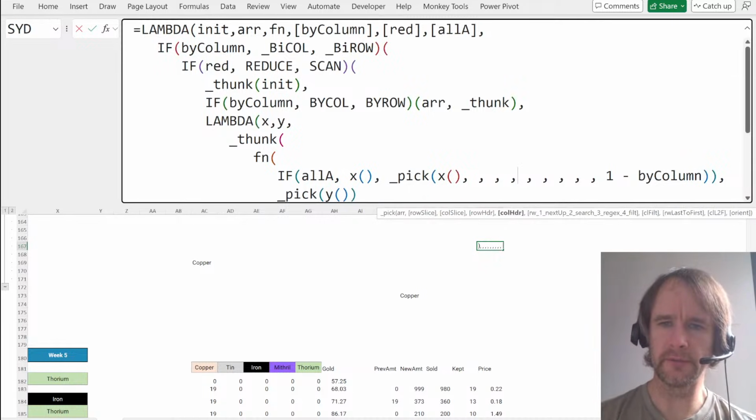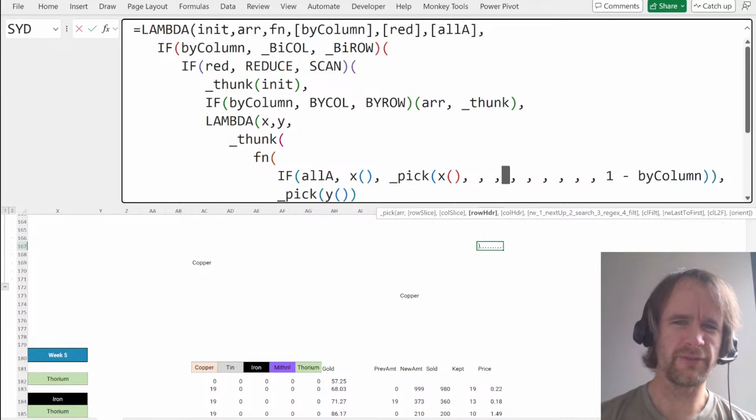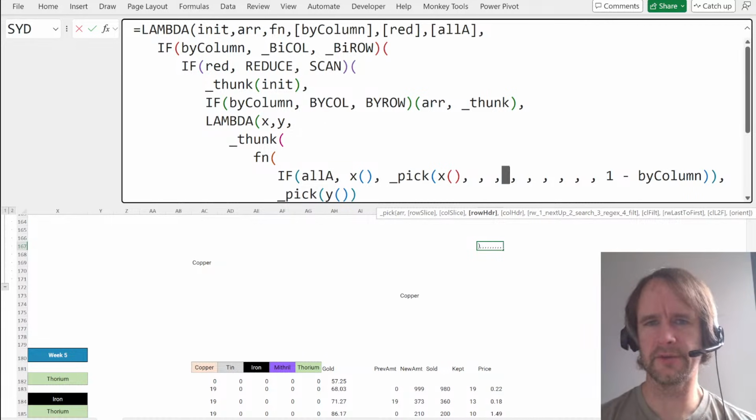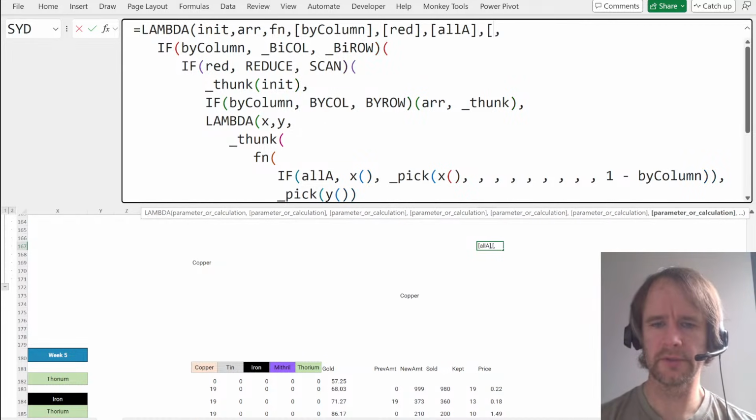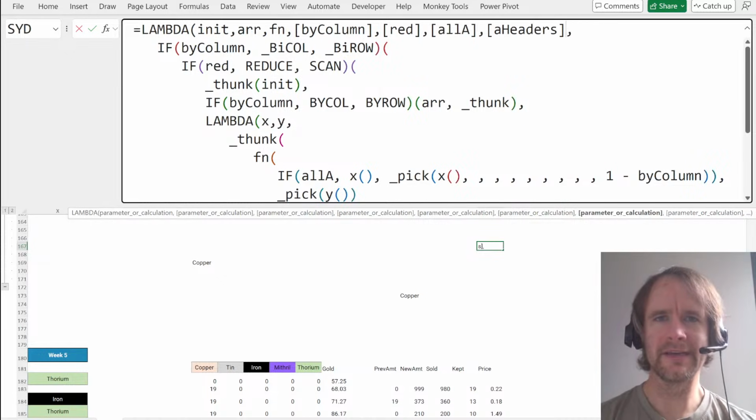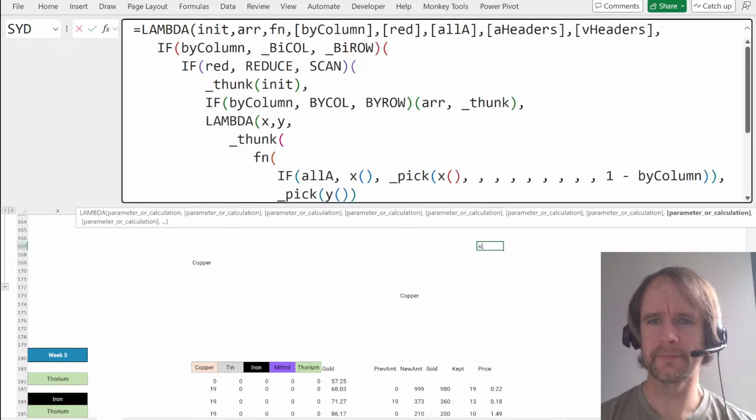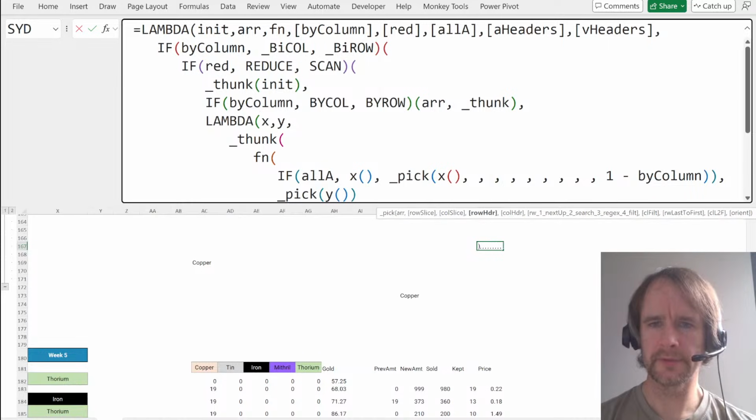So what I want to be able to do is put something in here. I guess I could just put that on the outside. That's fine, isn't it? Yeah, that's fine. So then I want A headers and V headers. Okay, so